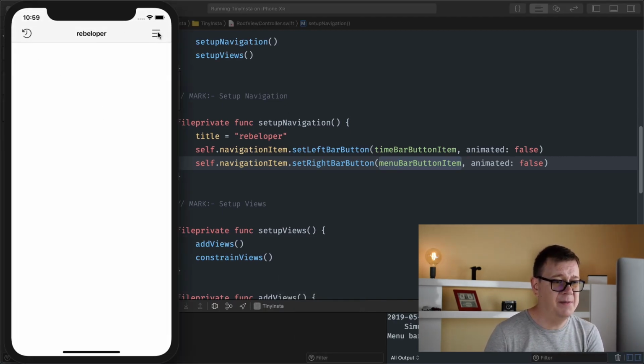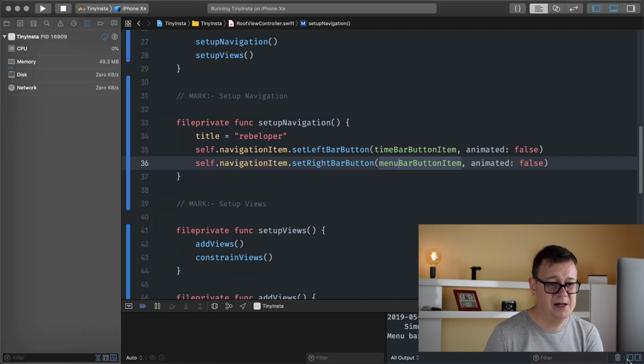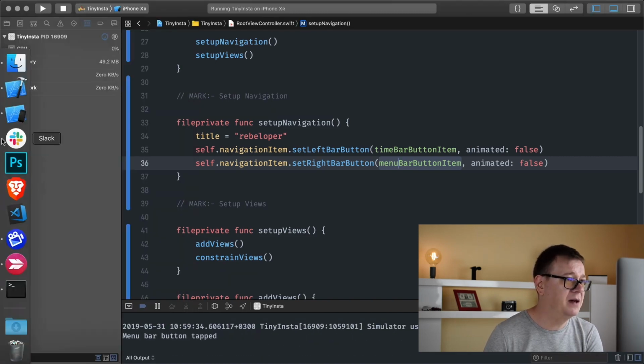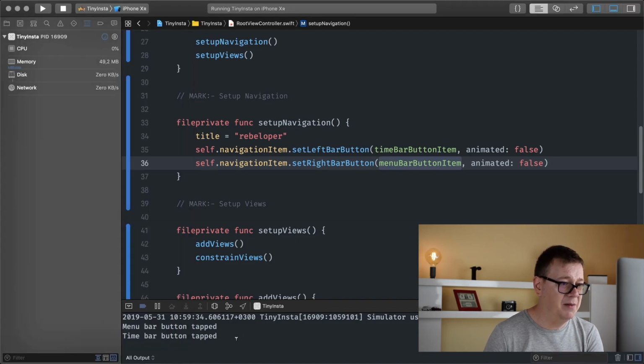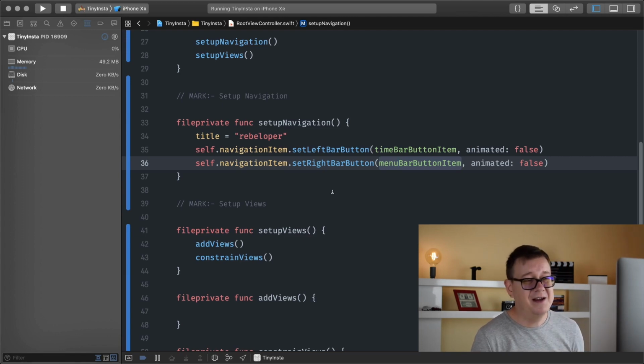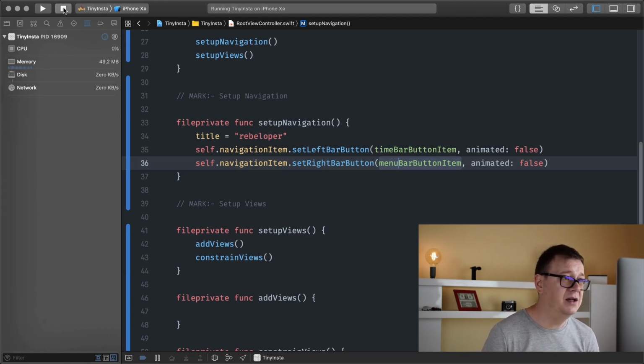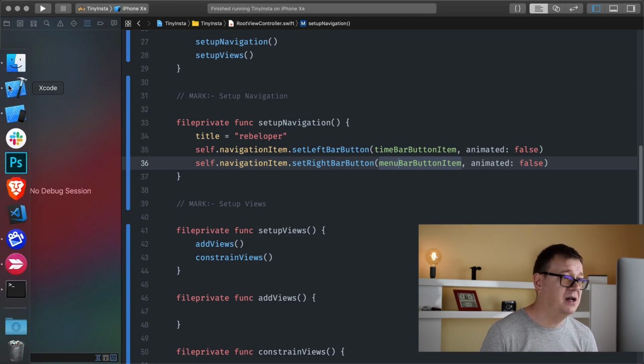Okay, let's just tap on it. As you can see here, we have our menu bar button item tabbed, and let's just tap on the bar button item tabbed. Okay, and we haven't really covered TinyConstraints just now, but that's the way you can do that. So let's do TinyConstraints just now,